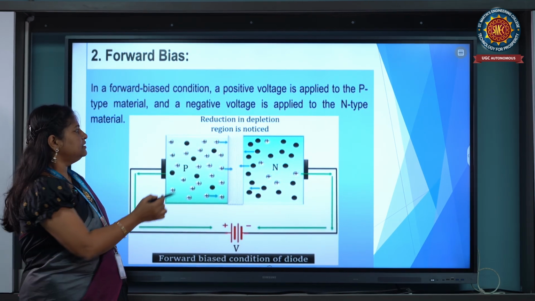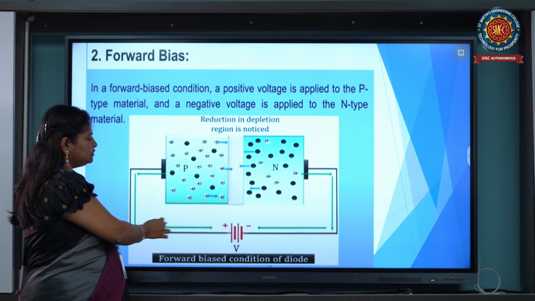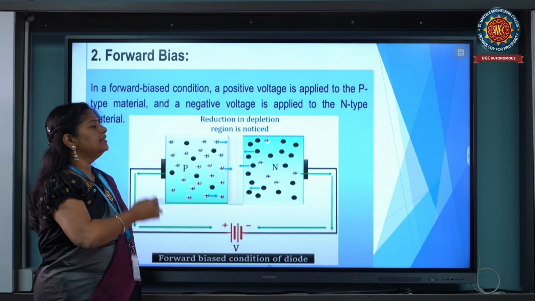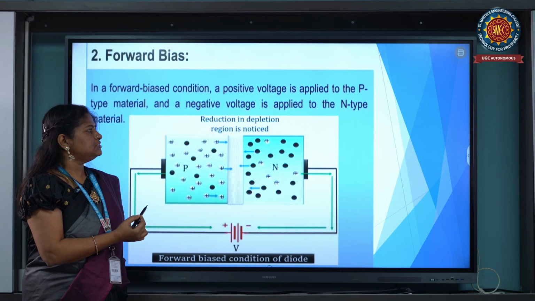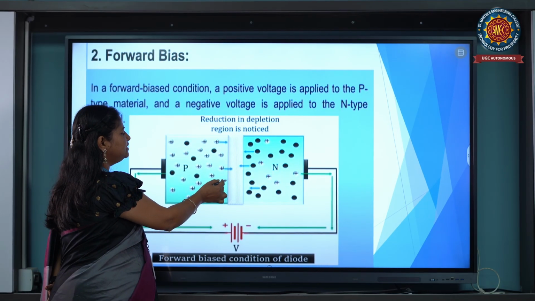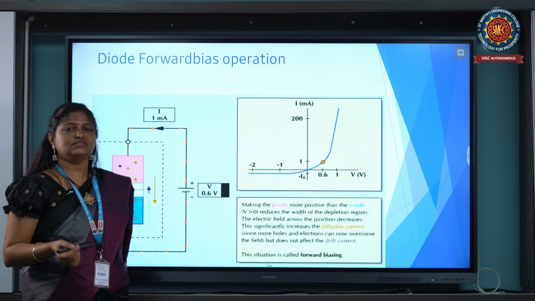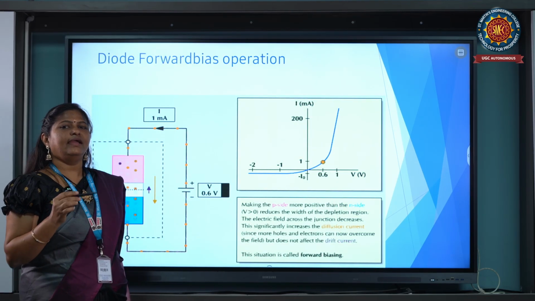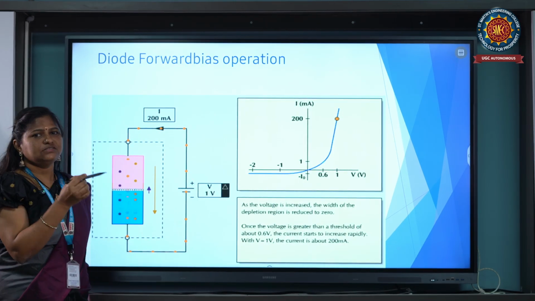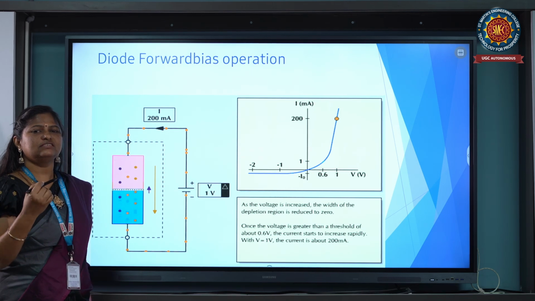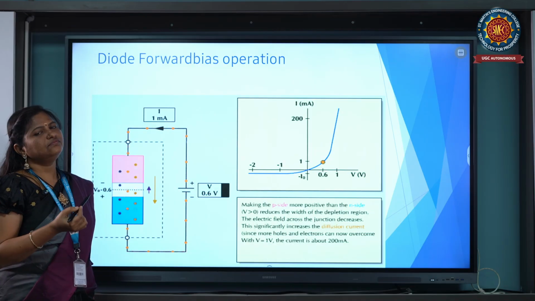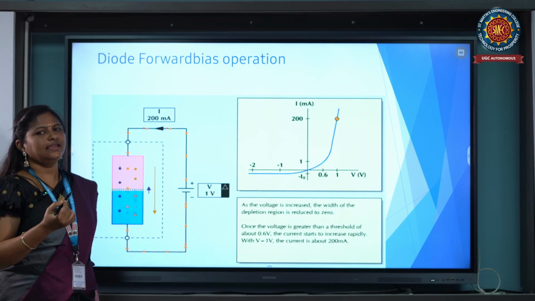Here we can observe that the diode's positive terminal is connected to the positive terminal of the supply and the negative terminal is connected to the negative terminal of the supply. Then this is the forward bias condition of the diode. As we increase this voltage, the depletion region width decreases and it offers very little resistance. At some voltage, that is the barrier voltage, the total depletion region vanishes and the maximum charge carriers flow from one side to the other, and the maximum amount of current flows, and it acts like an on switch.